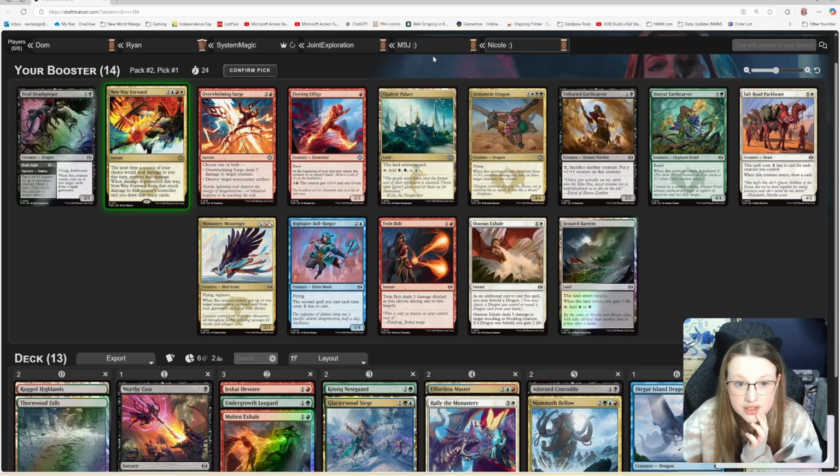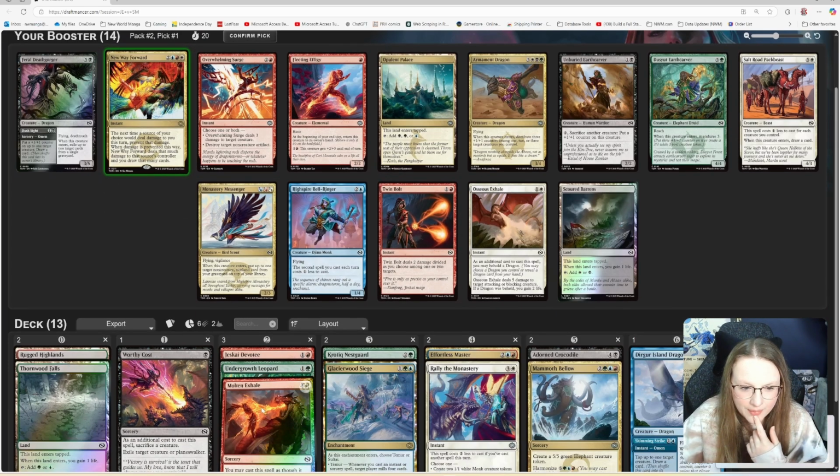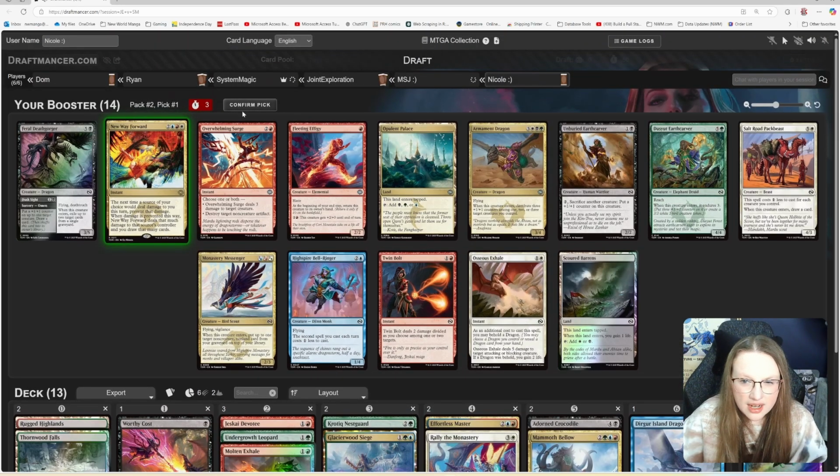And I'm trying to think about what I saw. I didn't see very many red cards in the last pack. I picked the Molten Exhale in pack one, and we haven't really seen anything exciting in red since. So it makes me think that they're probably in red. And I don't think we saw any of the exciting white things either, which makes sense based off of what we anticipated them to be drafting. So I think they'll probably take...